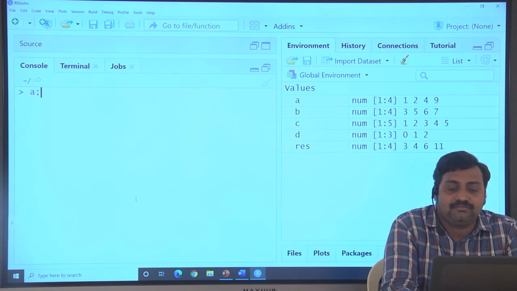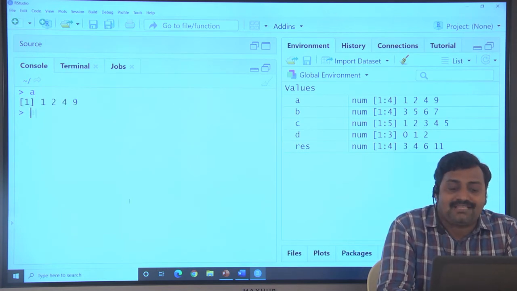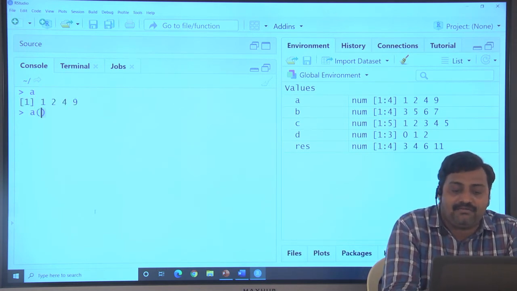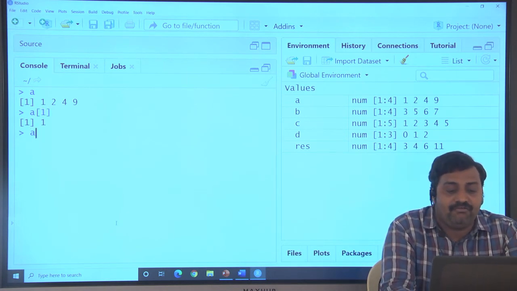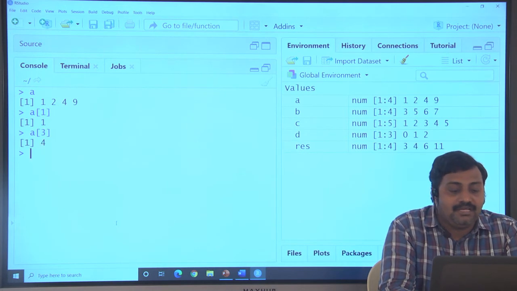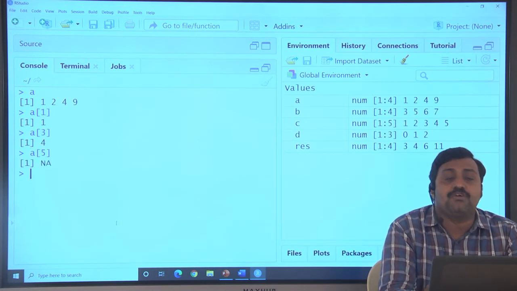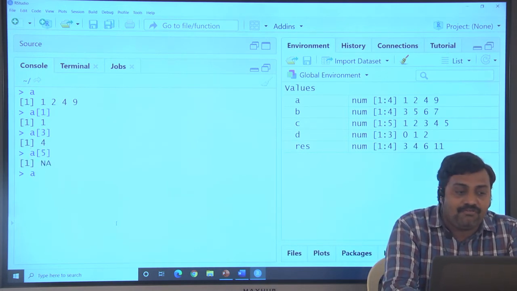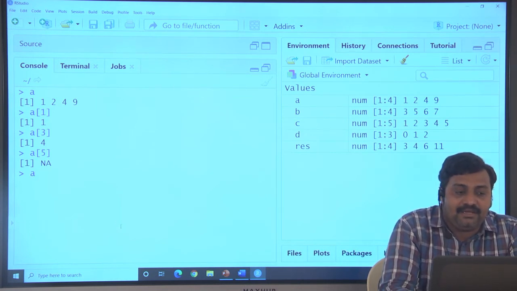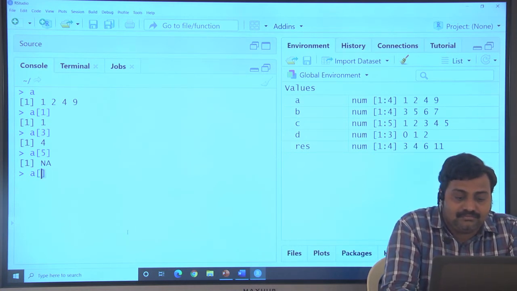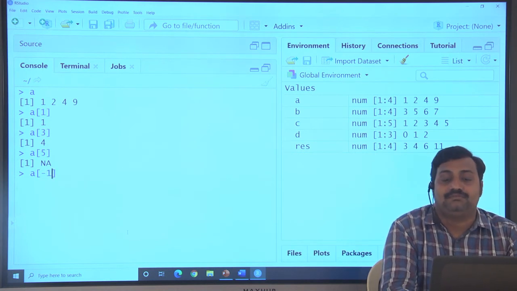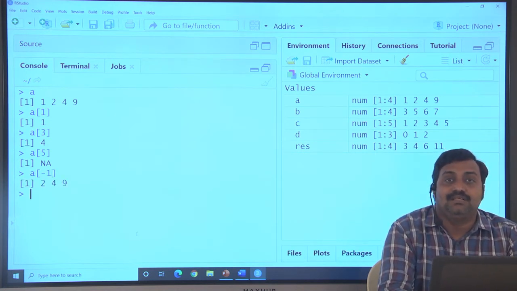We know the A value. Whenever I want to access a particular value, I simply access A of 1, getting; A of 3, getting; A of 5 not available, so NA. Let's see something interesting, A of minus 1, negative indexing.